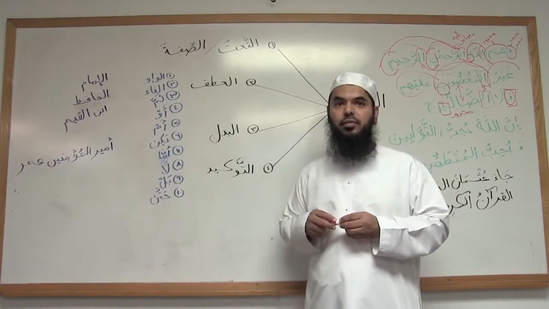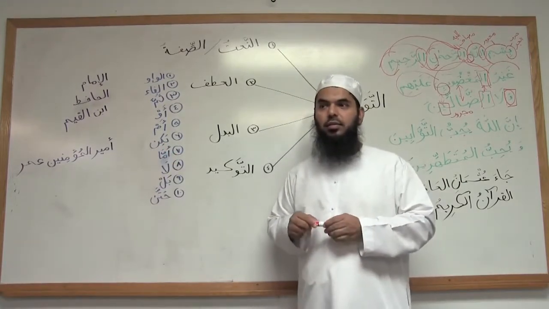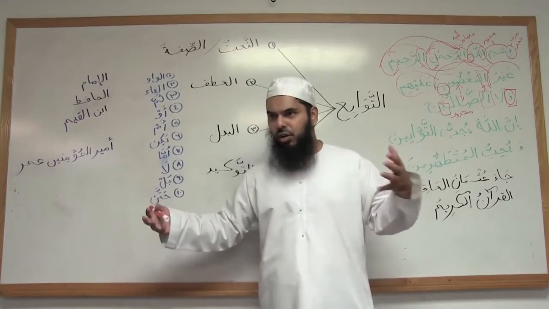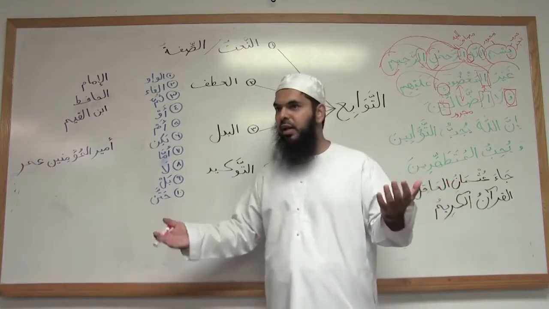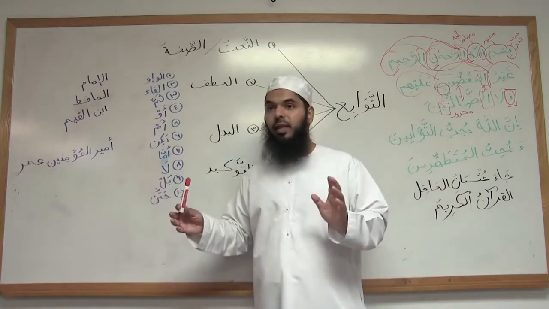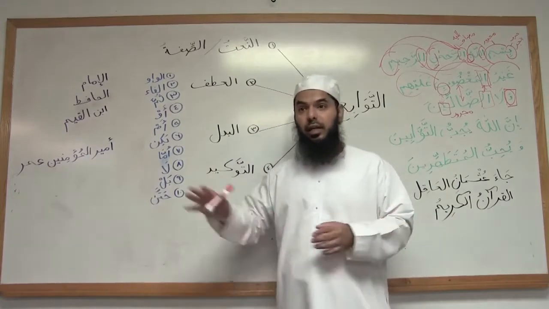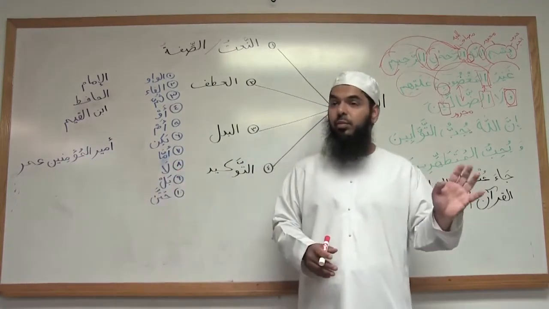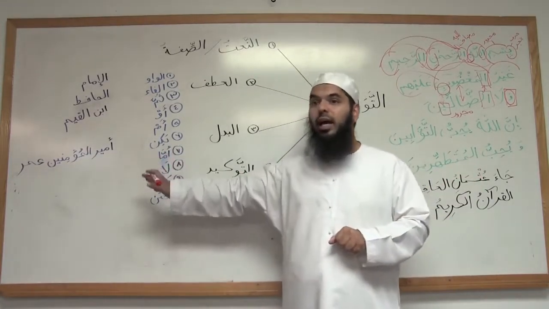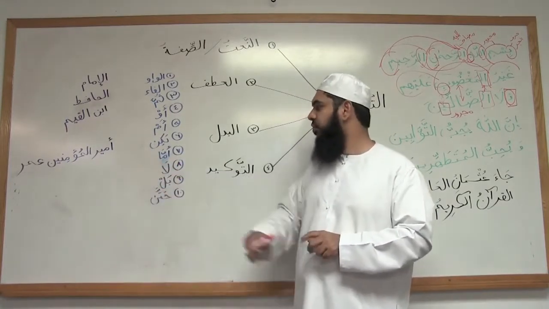Lakin. What does lakin mean? But it also joins. Amma. Not like it. Same thing, right? Amma ba'd. And after that. You're connecting the first part of the speech with the next, but with amma and then, as you could say in English. La. Now la is very interesting because la can come with different i'rab. It can come for atf, it can also come for nahi, it can also come for nafi, it can also come bringing its own i'rab, but it is one of the huruf of atf. Bal.